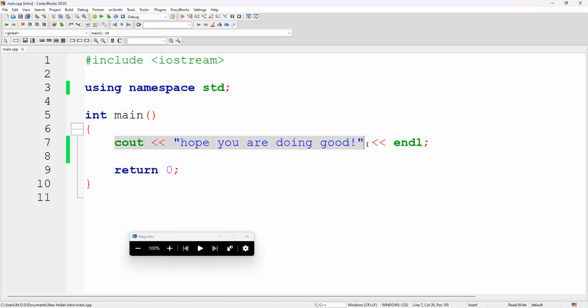Then we have the "Hope you are doing good." That is simply the cout, the command to display. And then the return 0. This one, know that it should always be there. For now, keep in mind your code is supposed to be within the body of the int main. So I can come here and then I'll list some